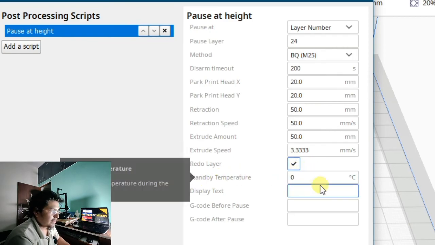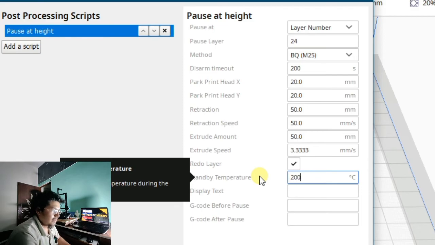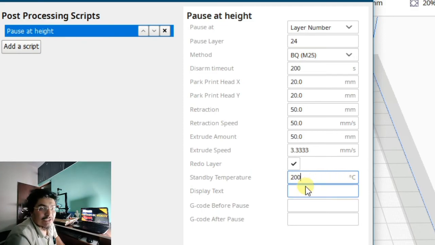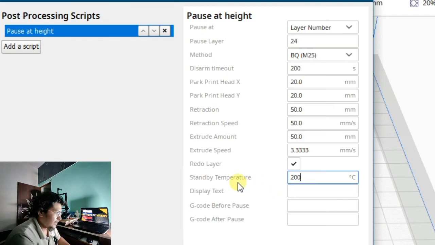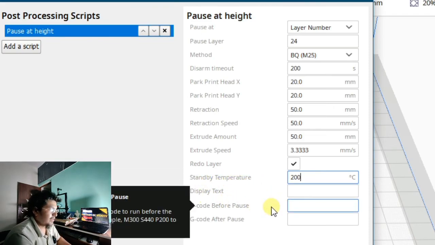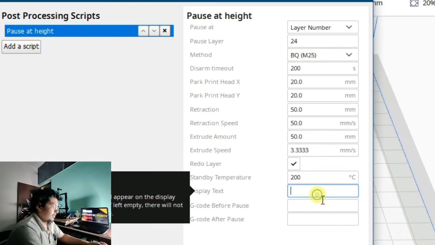Standby temperature is 200 degrees Celsius, meaning when we are changing the filament, the nozzle will be on standby at 200 degrees Celsius. Then this is Display Text. Here we can write which filament we are changing, like Change to red.